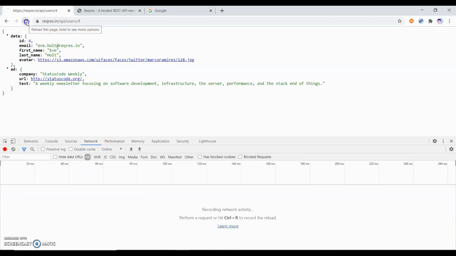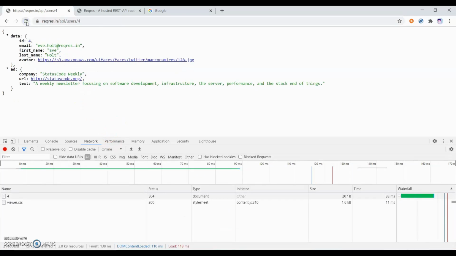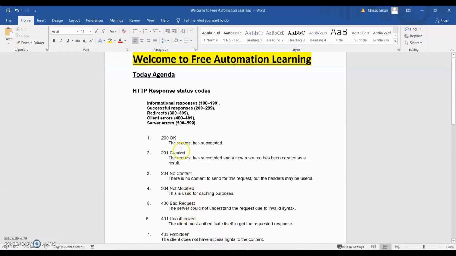Again I will send the request. Then you can see it does not come from the server because the data is not modified. It comes from the cache, right? So it is a 304. So the 304 code is used when there is no modification.